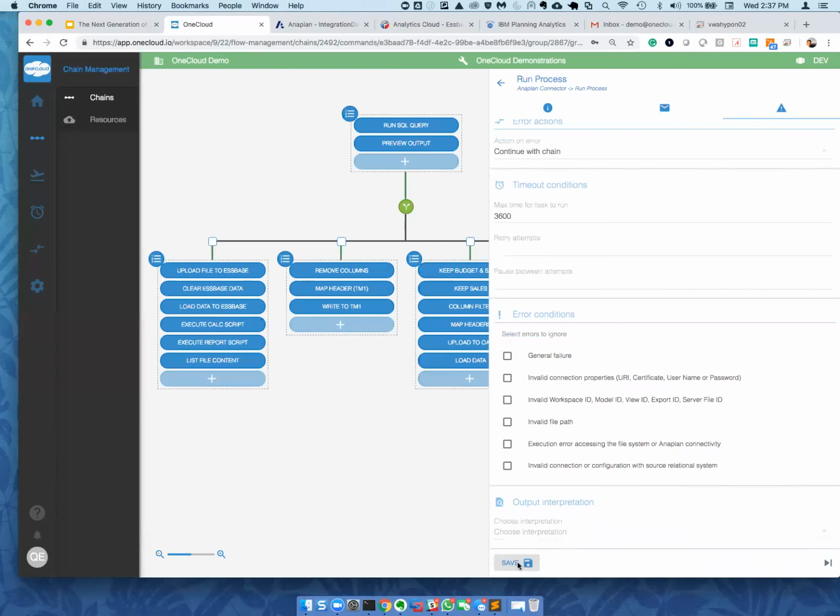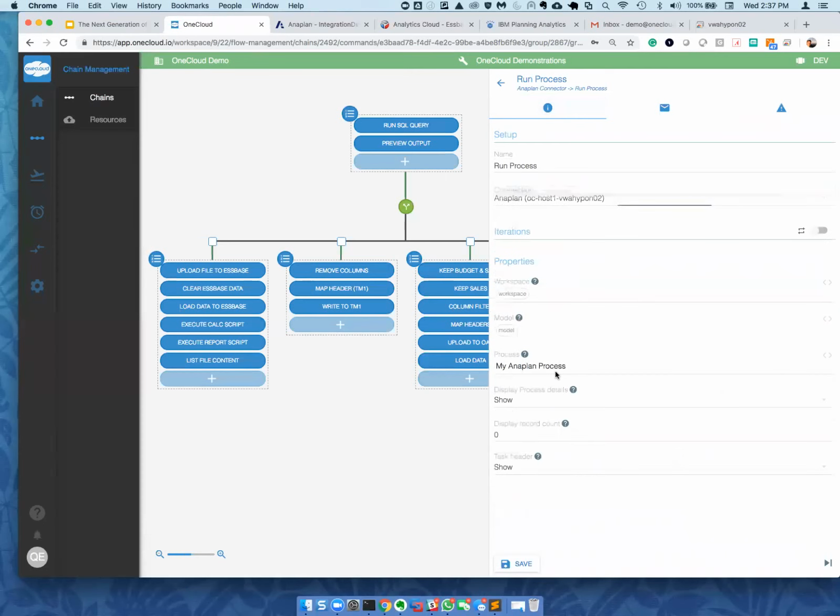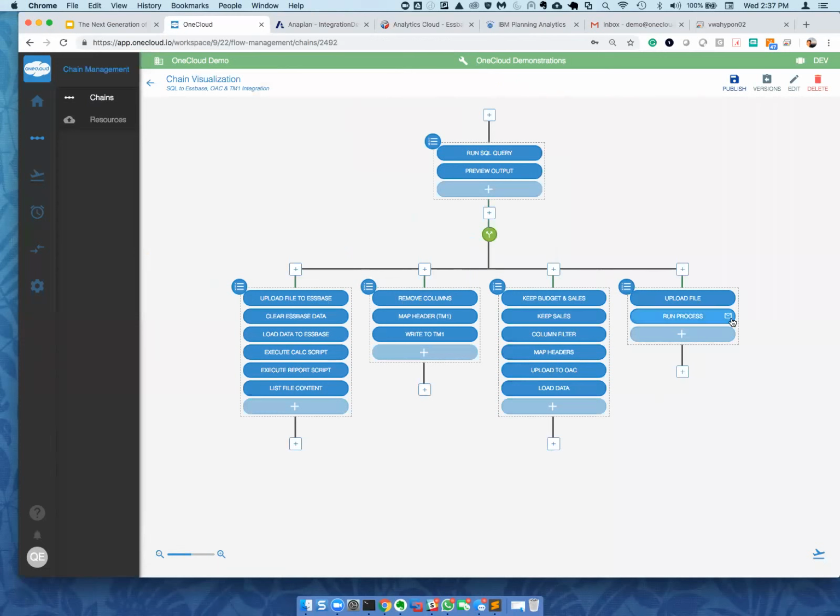Let's go ahead now and save that. And let's see, I probably have something here. I haven't set up my connection, so we'll go ahead and save that. And here now you can see I got the little icon to the right here indicating that that's going to have a notification. And the last thing I just want to highlight here, which you might be scratching your head over,